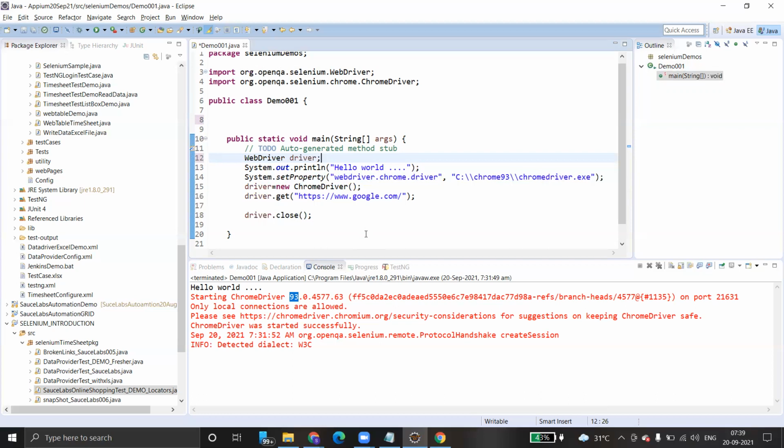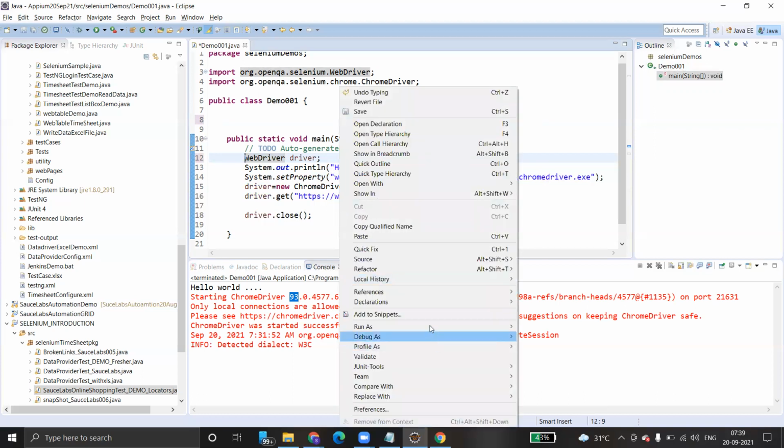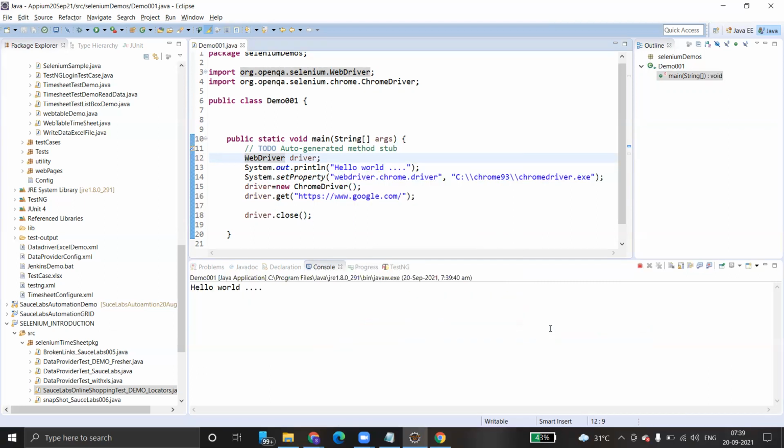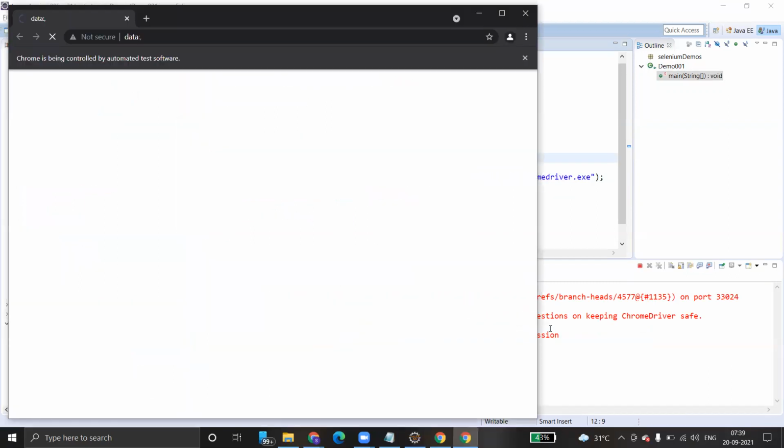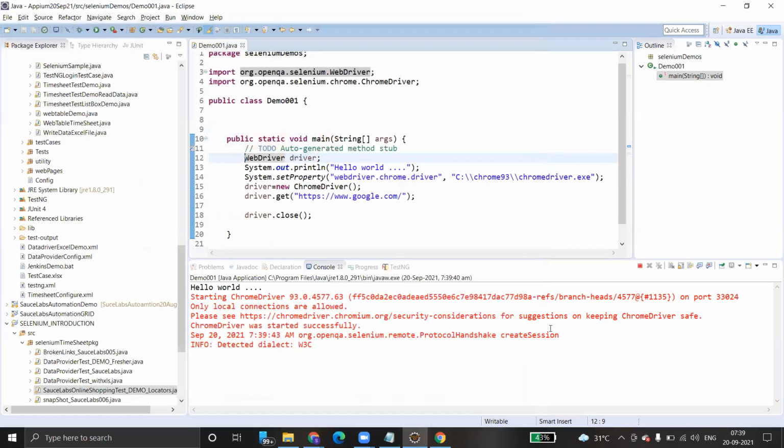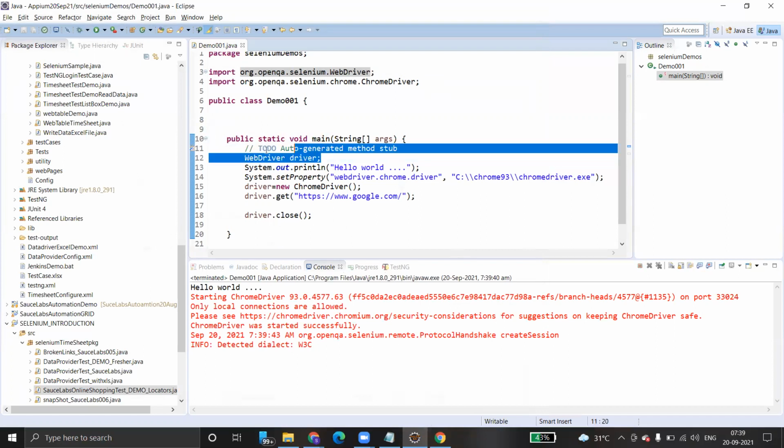So if we write WebDriver in this method, what can go wrong? Here it is not static because we are using it in a single method. There's no issue with that. Just let me run and see. Run the application. It has opened Google Chrome and closed. So if you want to access this WebDriver outside the main method, we have to make it static.